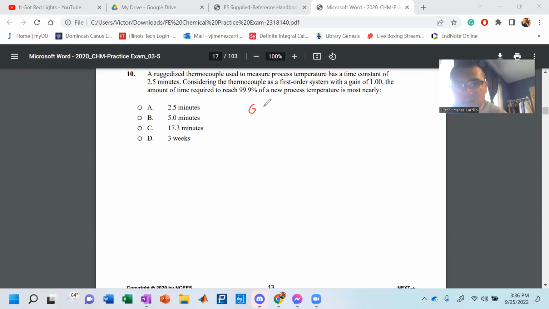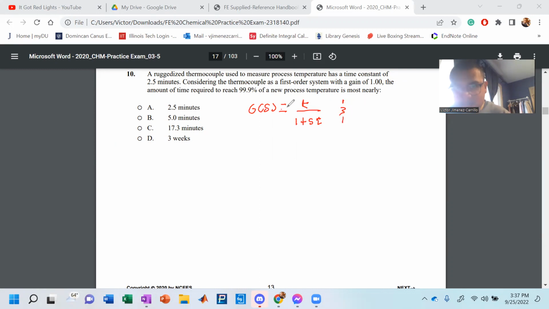Anytime you talk about first order system in process control, you know your transfer function is equal to K divided by 1 plus S times the time constant. K is gain, T is time constant, S is just S, because, you know, Laplace, and 1 is just 1. Now, you also should know